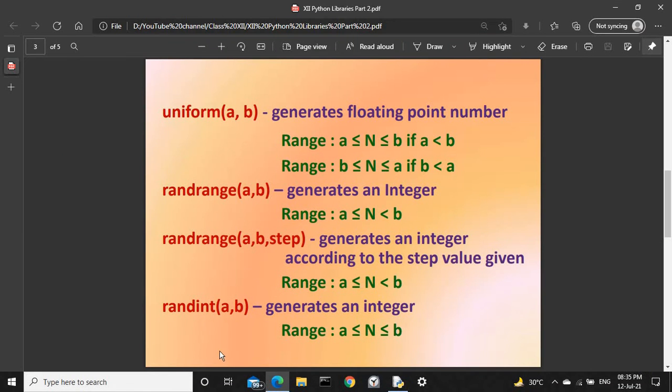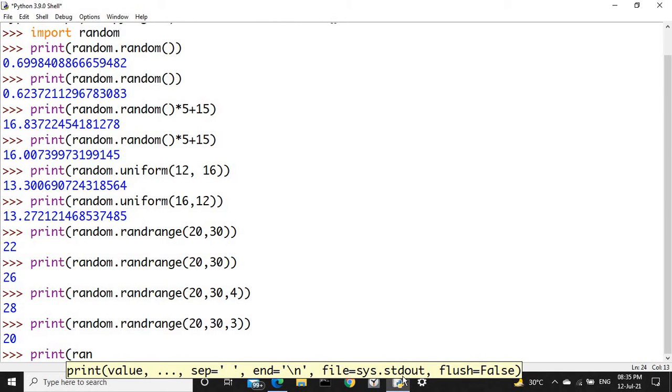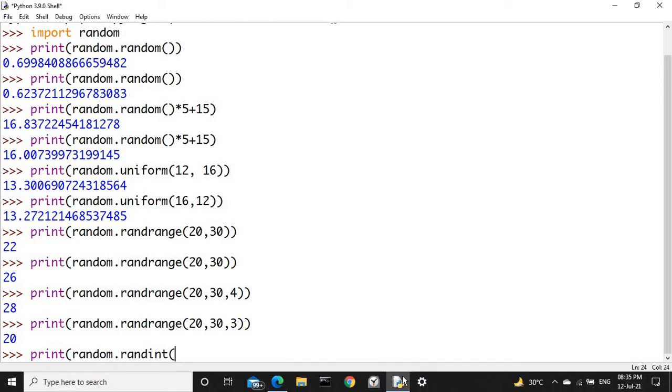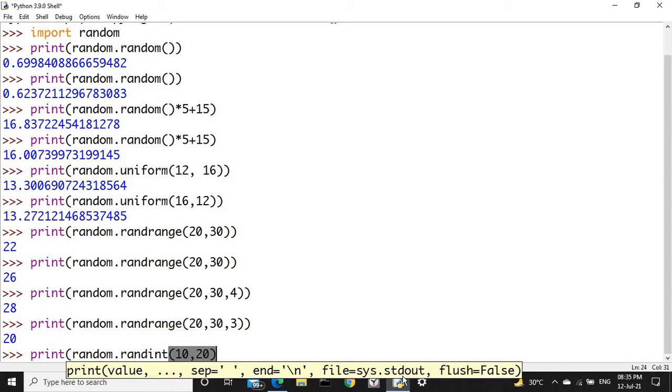The next function is randint(a, b). So this also will generate an integer in the range a to b. Both the limits will be included. Let us see how it works. Print random.randint(10, 20).